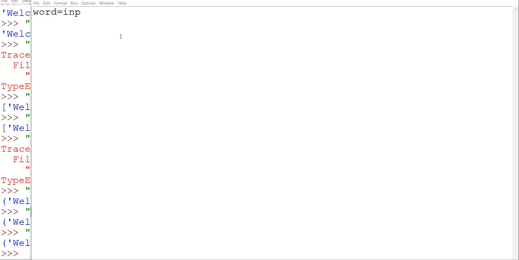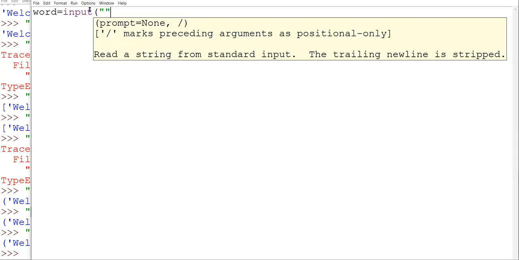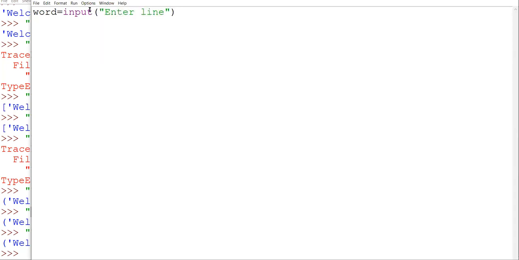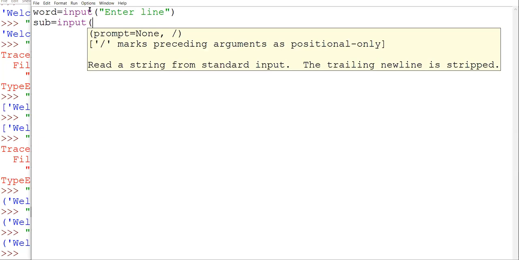Directly use the count function, fine. So in input, enter word, enter line. Now you need to take input of the substring. I'm writing here sub only. For the substring, again I'll write input: enter substring. It was very small and very easy because I said you can use any function.